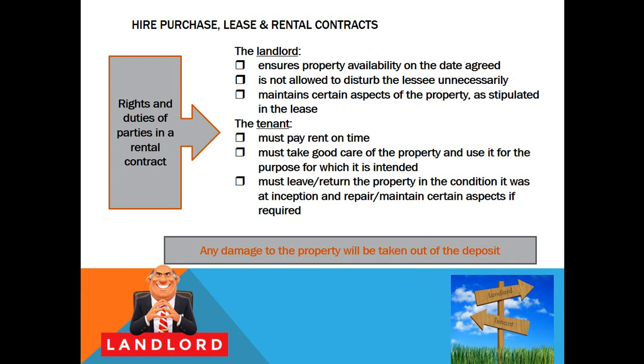With this rental contract, the landlord has to ensure that the property is available on the date agreed. So let's say I signed a contract to say that I would move into number 24 Hutchinson Road on the 1st of September. That property must be ready for the 1st of September. Also, the landlord can't come and knock on my door every afternoon and see how his house is looking. He's got to ask for my permission to come and visit. He's got to maintain certain aspects of the property. So let's say there are major electrical faults in that property. He would be responsible for restoring that and fixing that,